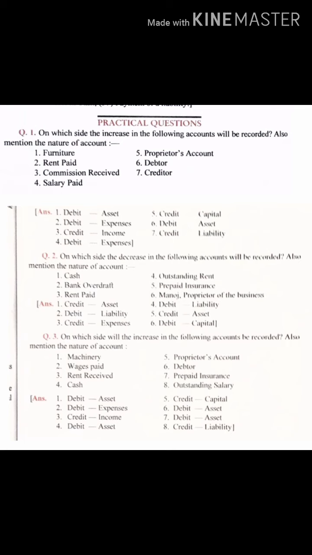Prepaid insurance. That means an insurance premium was there, and I have paid it before. So whenever I pay any expense at the outset, that means it is my asset. Now if that asset is decreasing, then that is credit. Okay, my cash is going, so that is credit. Again, Manoj, proprietor of the business. Now he is the proprietor of the business, that means capital. So when it is capital decreasing, it will be the debit side. Clear? Now with this the topic ends. So you solve out the rest of the